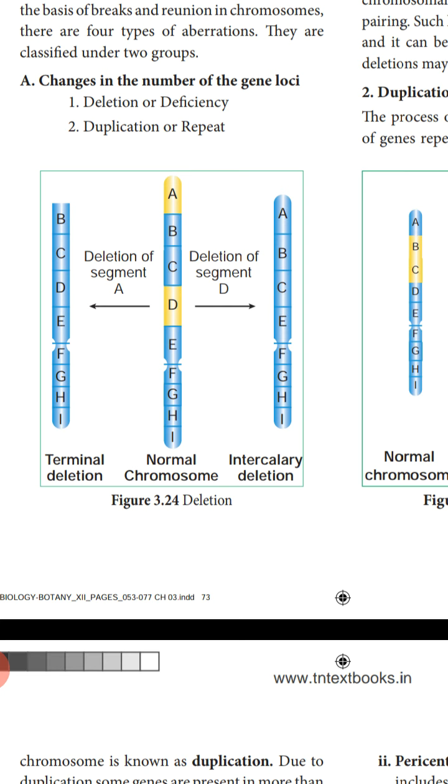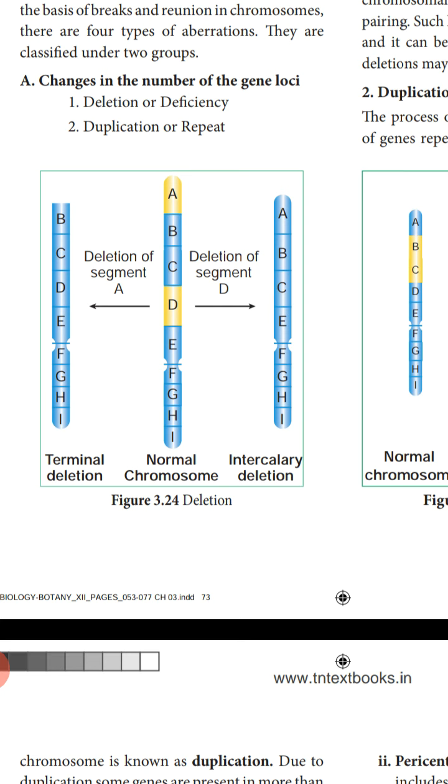Okay, that is deletion of the segment A taking place, and the remaining segments are present, and the remaining part of the chromosome is present as it is. This type of deletion is called terminal deletion. So here in terminal deletion only one break of the chromosomal segment is taking place, and that too in the tip of the chromosome. Next we are going to study the intercalary deletion.